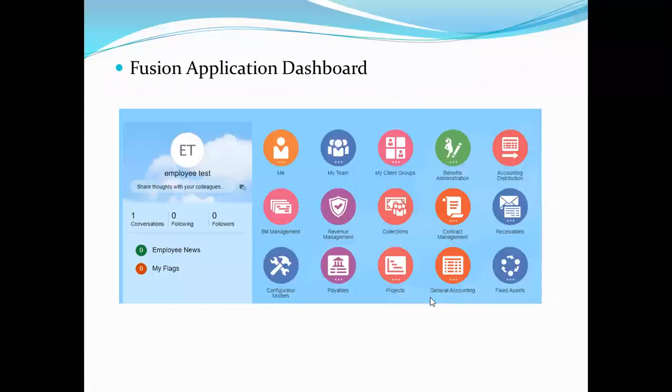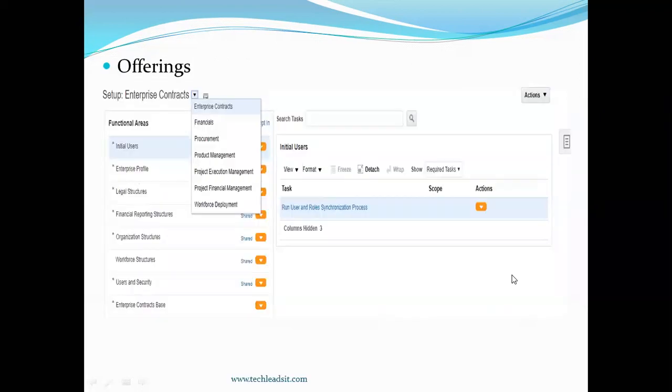See, you developed one OTBI report. That OTBI report you can directly create as a dashboard. From here itself, you can run your OTBI reports and analyze the data. That type of feature is provided by Oracle itself.